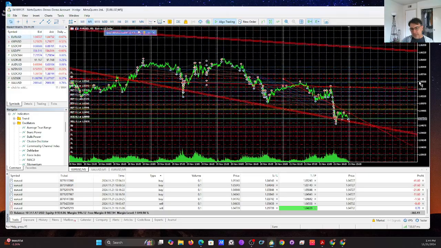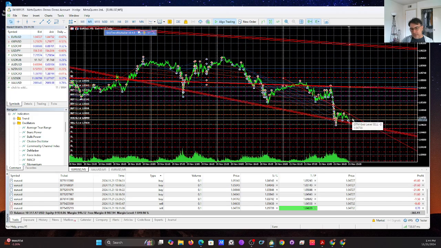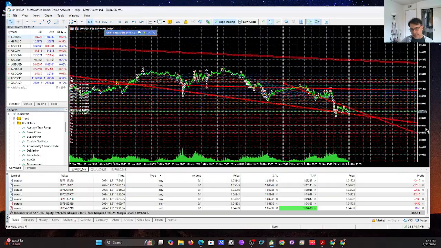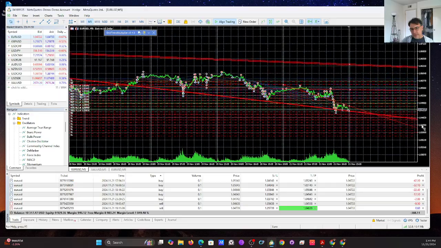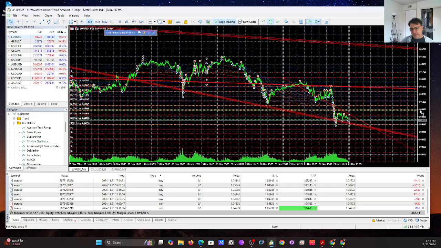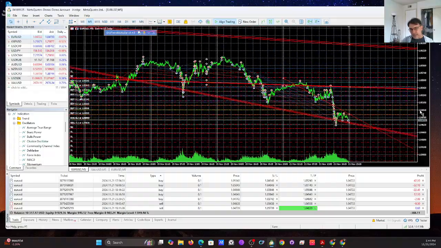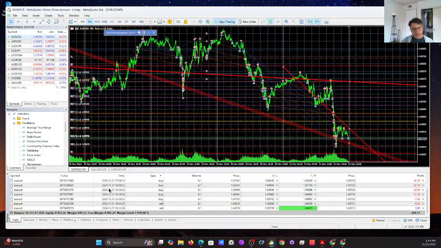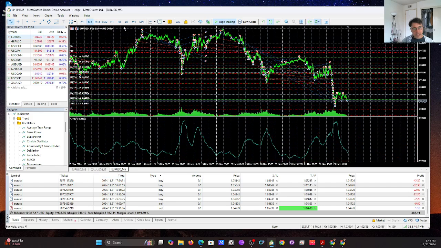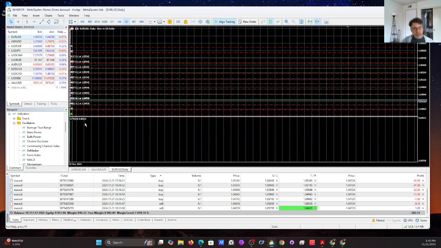So I would expect it, if it dropped, to stay under, first of all, this risk zone, and then this inverted risk zone. As long as it stays under this side of that inverted risk zone, then I expect it to continue to drop, in a free fall. There is no target. If you wanted to use a target, I would use the average daily range. You can get that from a daily ATR, which is 81 pips,